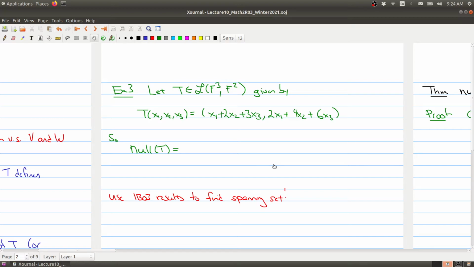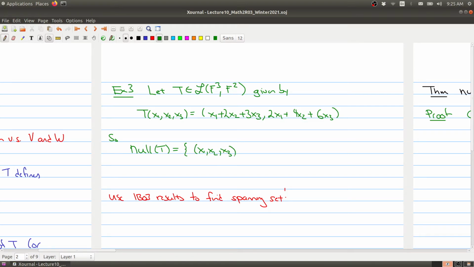So here we have a linear transformation going from F3 to F2, and if you would like, you can think of this as R3 and R2. It takes a triple x1, x2, x3 and maps it into F2, where the first coordinate is x1 plus 2x2 plus 3x3, and the second coordinate is 2x1 plus 4x2 plus 6x3. So the null space of this transformation would be, if we just look at the definition,